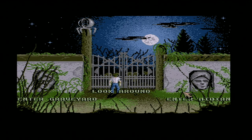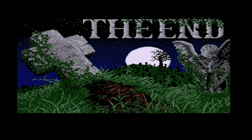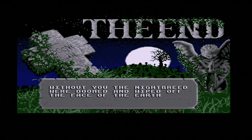Okay, well, so they have Enter Midian, which I guess you could just go straight into the underground. I don't know. That's weird. Look around or enter the graveyard. I think. Let's see what happens when we enter Midian. Oh, the berserkers ripped me to pieces. They were just waiting there right at the door, apparently. Without me, the Nightbreed were doomed and wiped off the face of the earth. Well, they have a funny way of showing their appreciation. Okay, I'm not gonna make you sit through starting all over again. Through the magic of editing, I'm gonna...